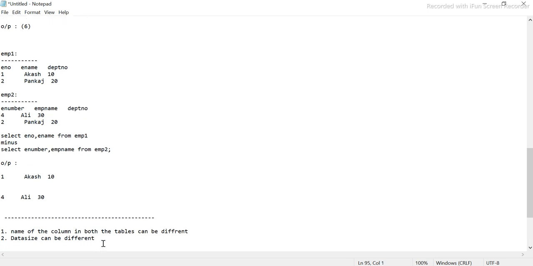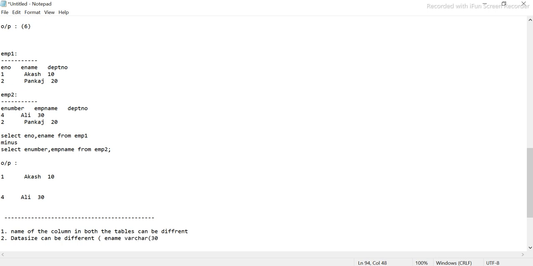When I say data size, let's say the first one has E name and here EMP name is there. Both are okay, that's working fine. Now for data size, let's say E name in the first table is varchar 30.